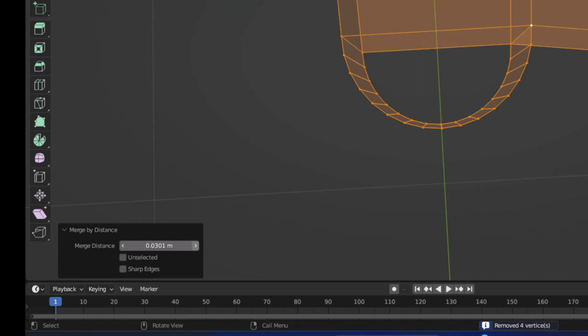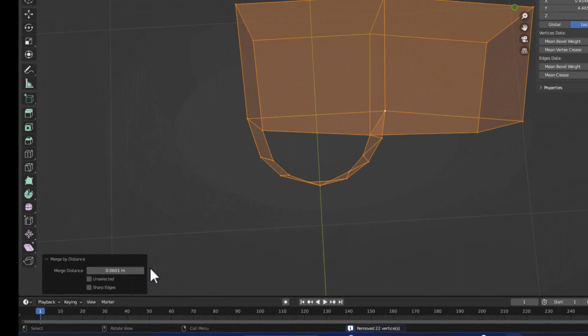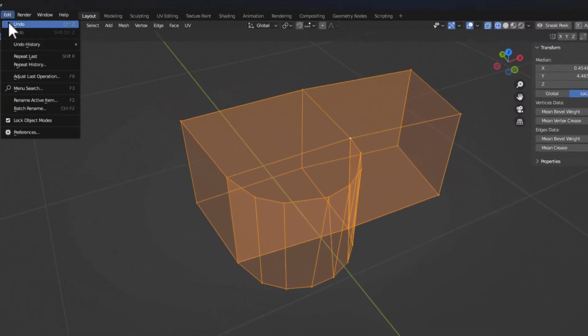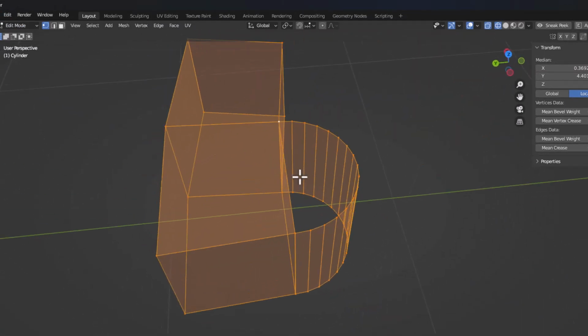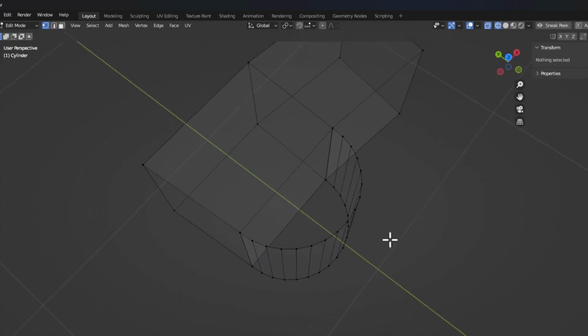So, like this you keep on increasing it till you don't see much of a difference in the shape. So, now what's happened? You can see the distortion in the structure. Now, you just undo it. I will undo it. So, now the thing is, if I come back to vertex mode, deselect everything, and now